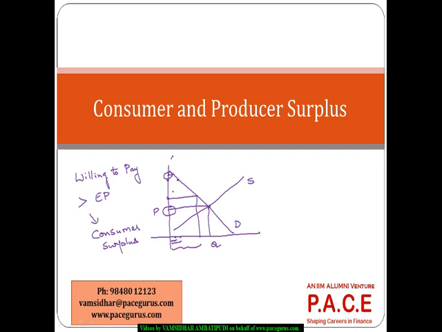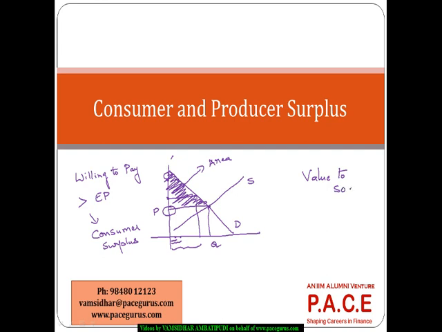And if I add up this entire consumer surplus, which is nothing but the area of this particular triangle, because for different prices we are seeing different quantities getting purchased, means for each different volume of the quantity there is some surplus which the consumer is willing to pay above the equilibrium. Right. So this entire total consumer surplus is what we are calling the total value to the society,